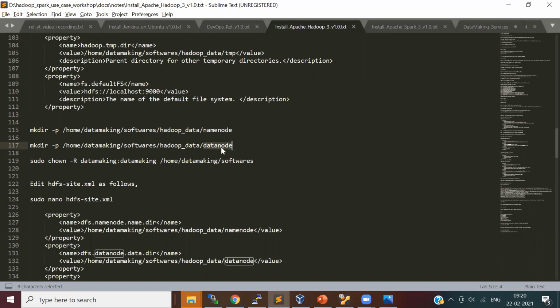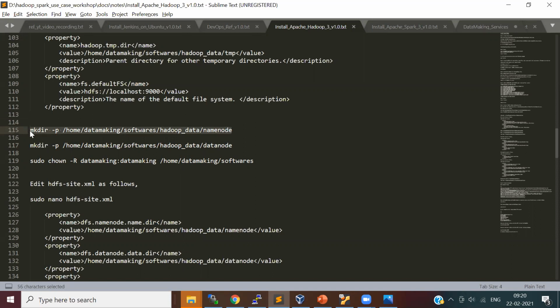In this location, you will see the blocks getting stored. When you do a multi-node setup, if you have a single master node, you will have one name node set up on one node, and on all the slave nodes you need to create this directory so that all blocks will be stored on those machines.